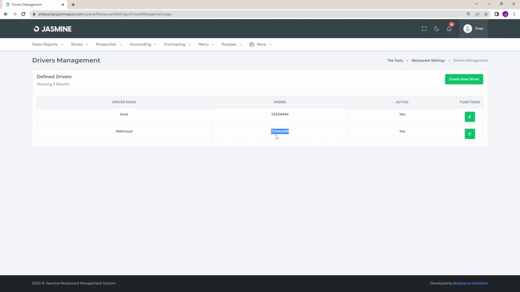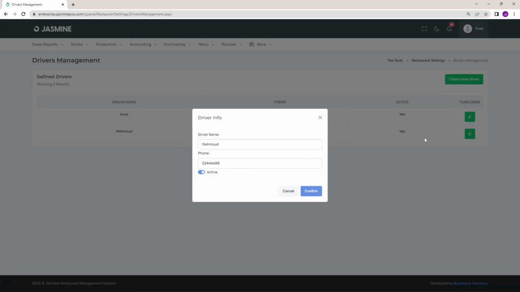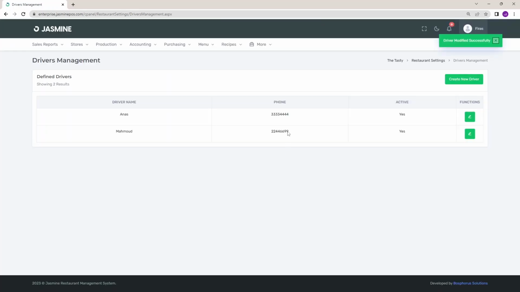For any reason that the driver changed his mobile number, his phone, we can just modify the driver by clicking on this button. So instead of 99, we will put 88, we will put 99 and confirm, and this is already updated. Let's open a new order